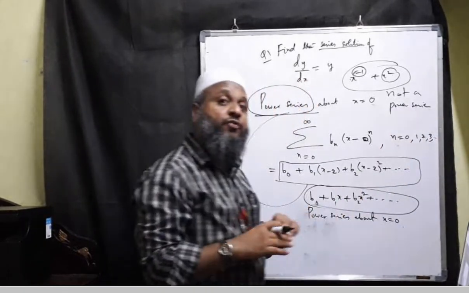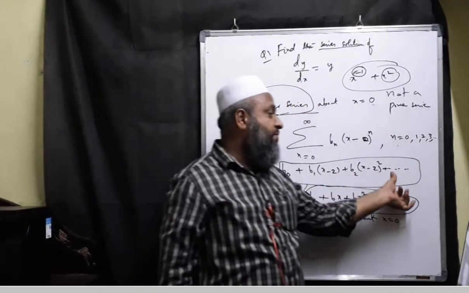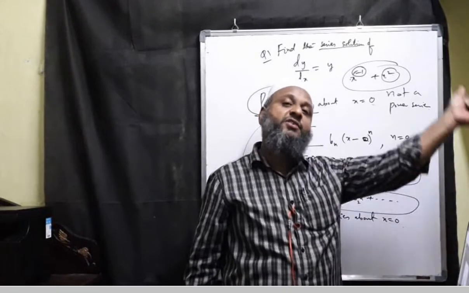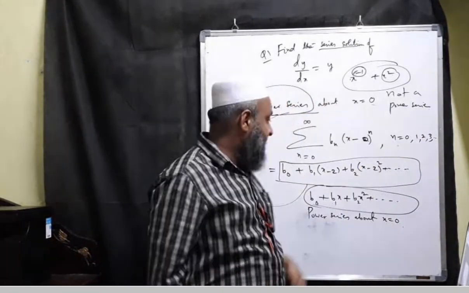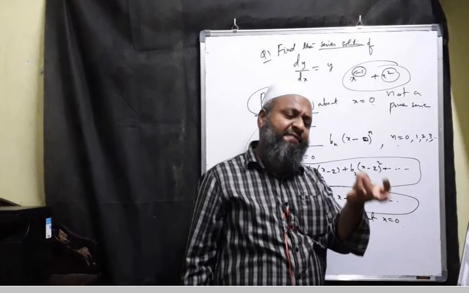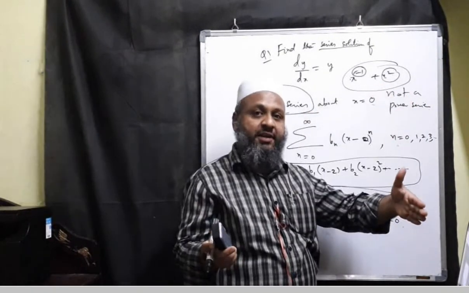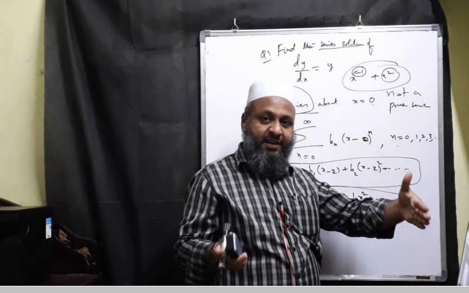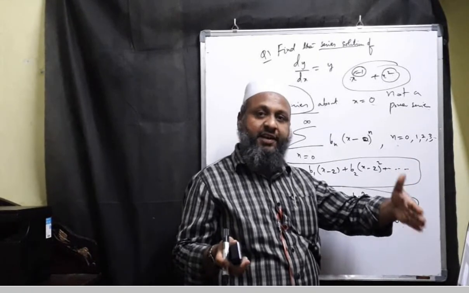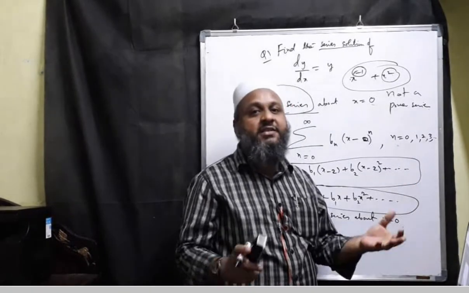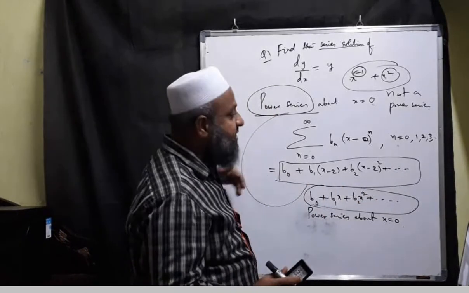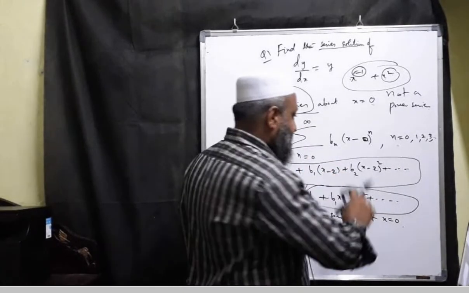Of course, you need to understand one thing: if some coefficients become 0 and from there onwards they all appear as 0, for example b0 up to b10 and then b11, b12, b13, b14 and so on become 0, then that polynomial, with a finite number of terms, is a special case of an infinite series. Back to the point now.